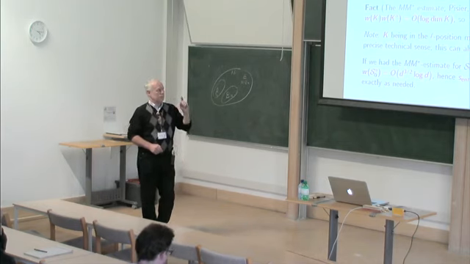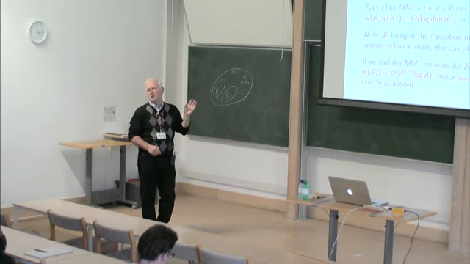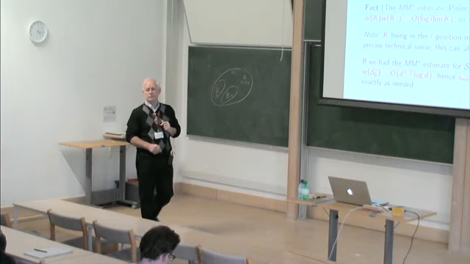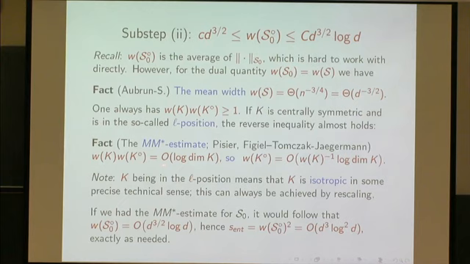And being in L position means that it's in a certain sense isotropic. So you can always achieve L position of any set by appropriately rescaling certain directions. And once that happens, then you have almost the inverse inequality, namely the product of the two is at most of the order of the logarithm of the dimension of your set. So if we knew that for our K, and we do have such an estimate, that this is bounded from above,